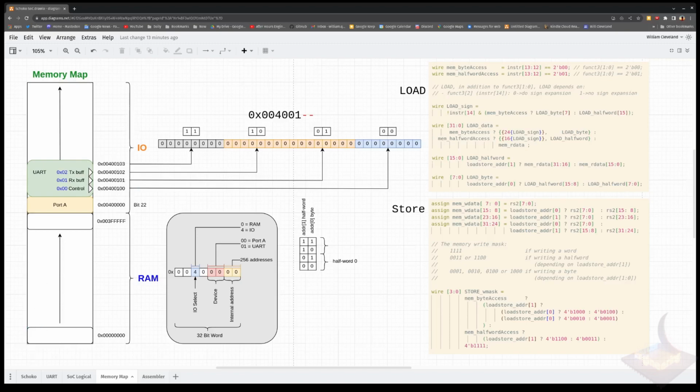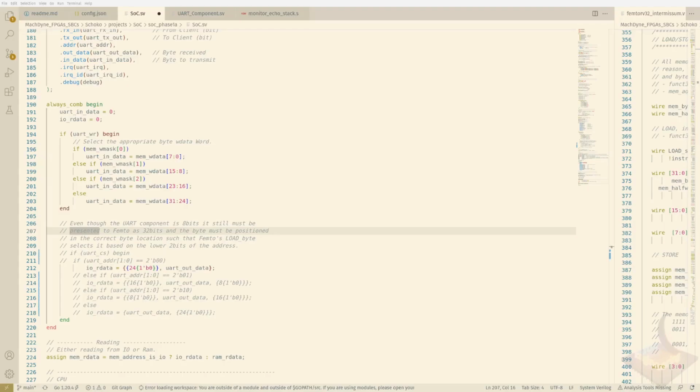So if I come back to the UART here, to the code, I was making the assumption that this data coming out of the UART always goes into the bottom end and that I fill in the top portions with 0, and that's wrong. We need to actually look at the address, so I'll uncomment the code back to its correct way and look at the address and say, oh, it's address 00. We need to take that and place it in the lowest byte